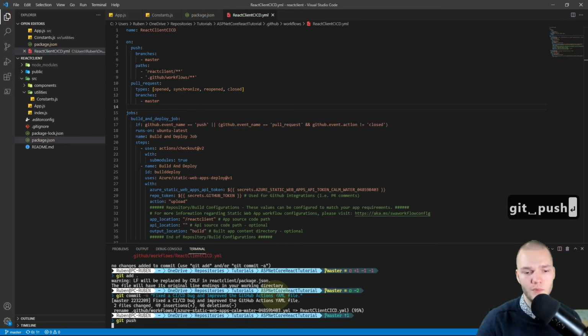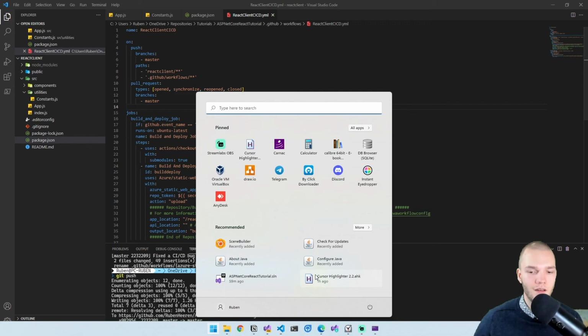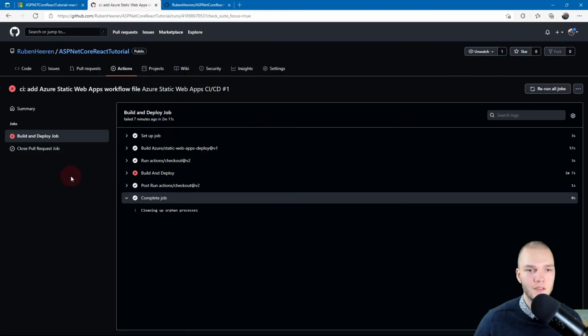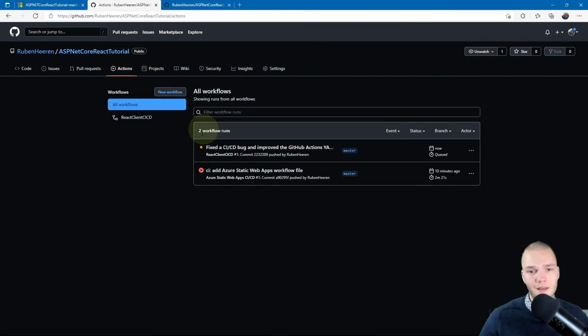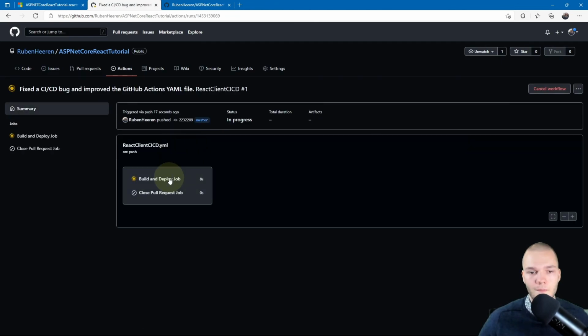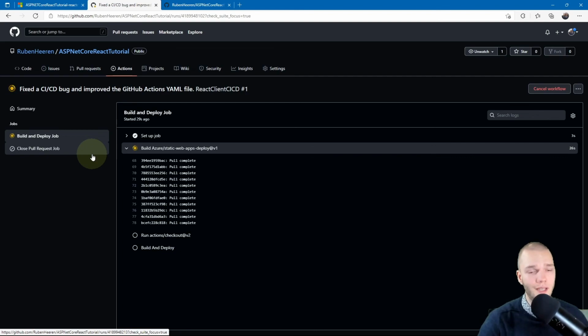So I'm gonna do git push, and then I'm gonna go back to my browser, go to GitHub, and in this repository I'll just click the Actions tab again, and there you go. It shows up and the name has been edited and it's running. So let's take a look. And we now see that our React app is being uploaded to Azure. I'll just speed up the video while it does the magic.